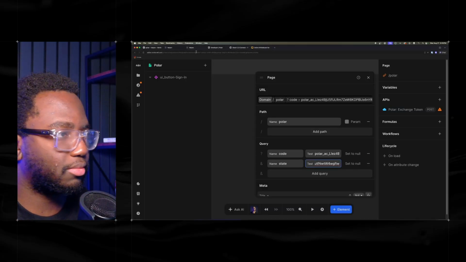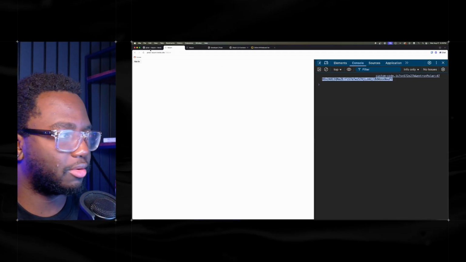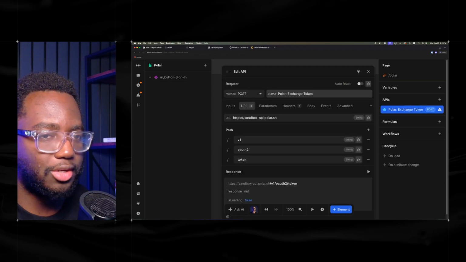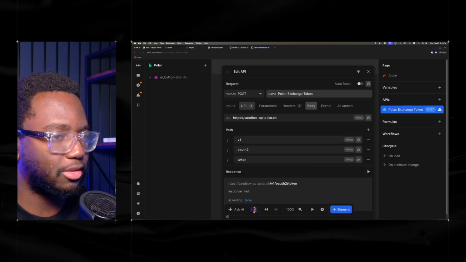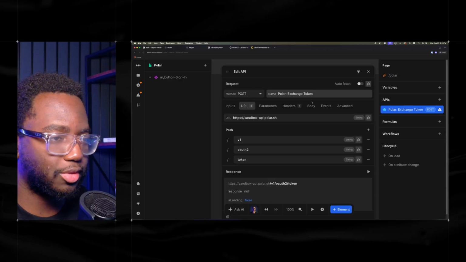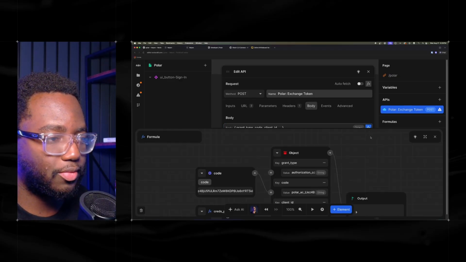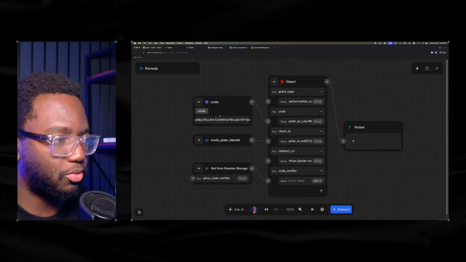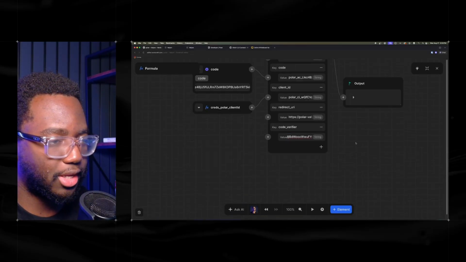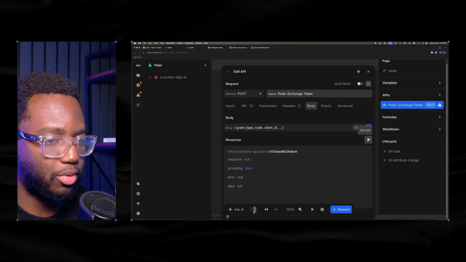And then I'll just get my code verifier from here. I was just being lazy. I was over-engineering. We didn't have to do that. We could have just checked the application session storage. And now here in the exchange token, the code is right, but the verifier, I'm going to paste that there for now. And now if we run this,